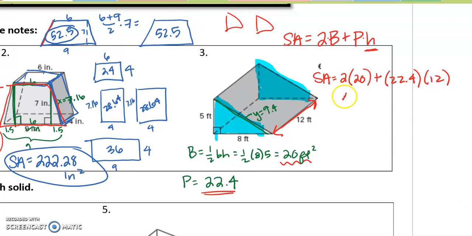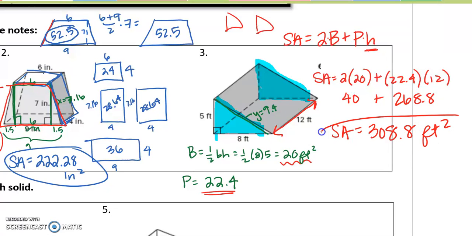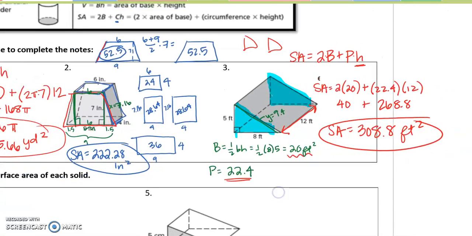So this one's going to give me a decimal. Let's see, 2 times 20 is 40. 12 times 22.4 gives me 268.8. Plus 40 gives me a final surface area of 308.8 feet squared. Okay, so make sure you write down any questions you have, but you're going to try 2